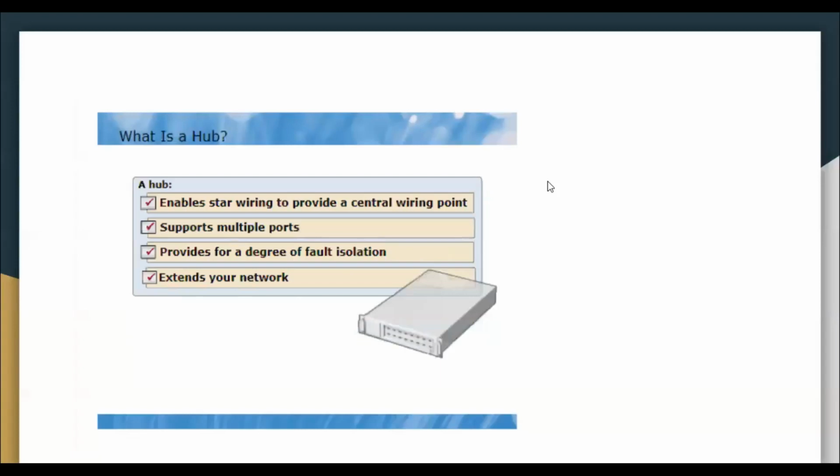Okay, so what is a hub or a network hub? It enables star wiring to provide a central wiring point. It supports multiple ports, provides for a degree of fault isolation. It extends your network. So a hub, or an Ethernet hub, or a network hub, or simply a hub,